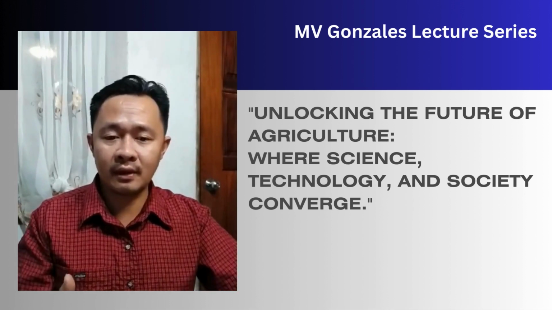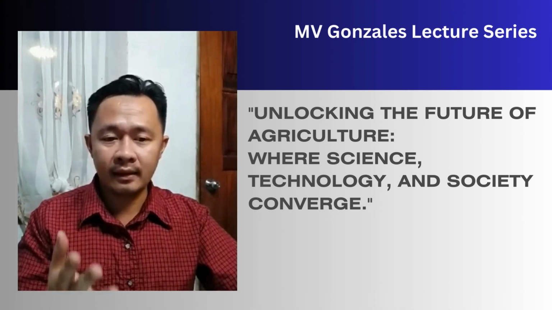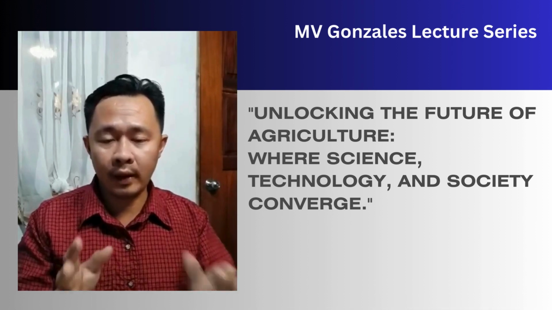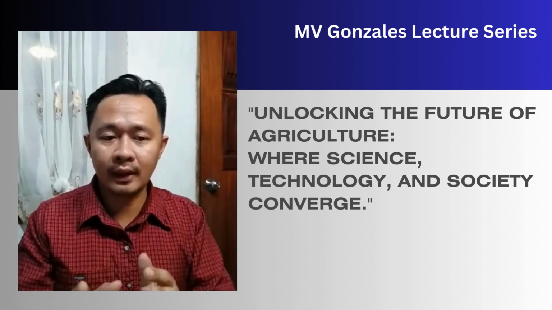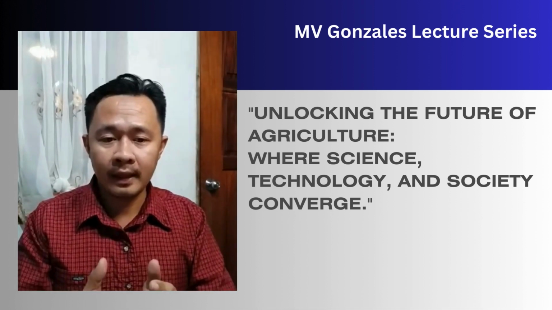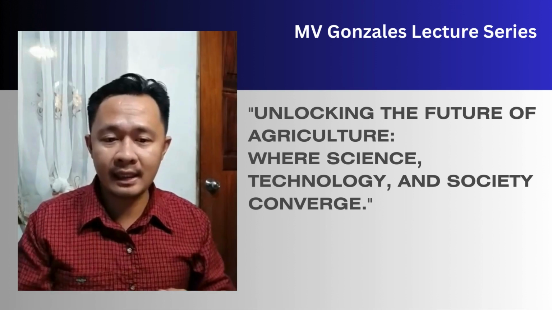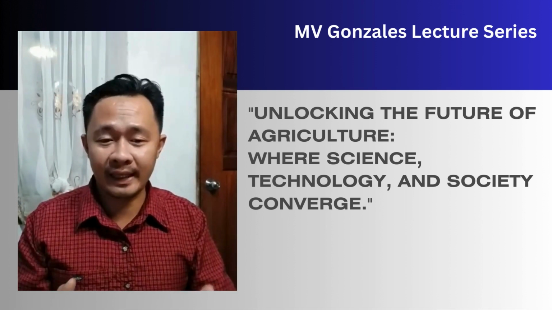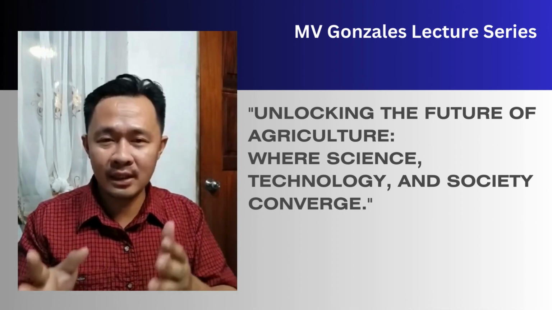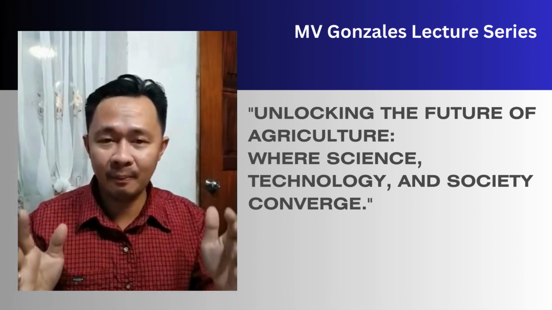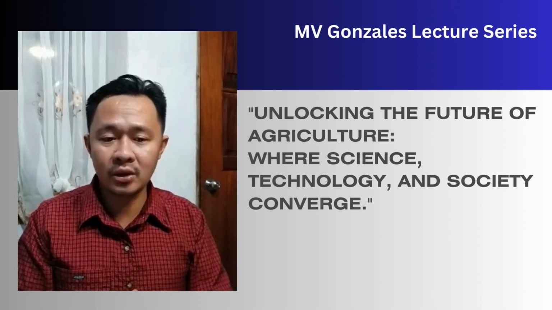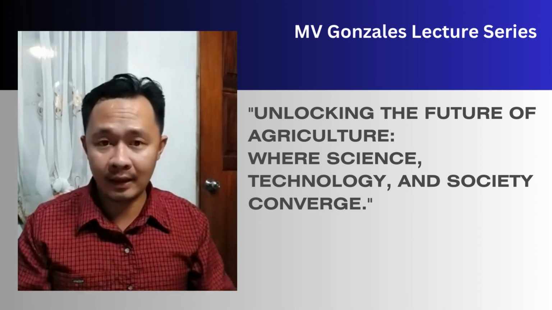So, as students of agriculture, understanding the history and the impact of science and technology on society will equip you with the tools to critically assess the current practices and also to contribute to future innovations. Whether we're discussing the ancient roots of farming techniques or the latest in precision agriculture, we'll always consider the broader societal implications, ensuring that our solutions are not just technically sound but also socially and ethically responsible.